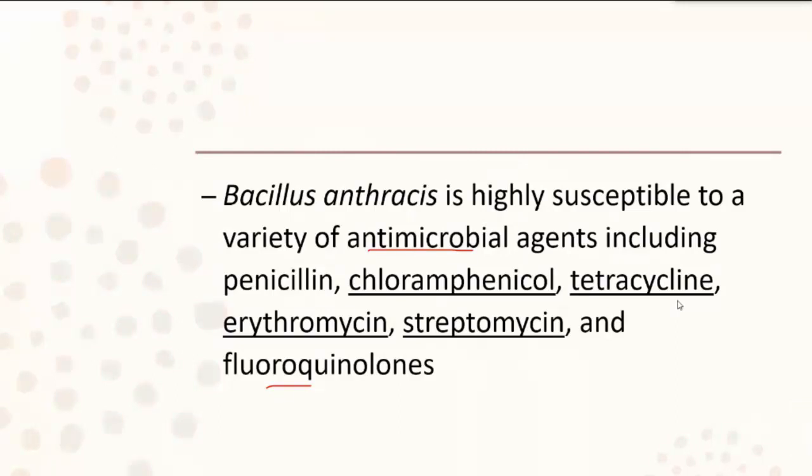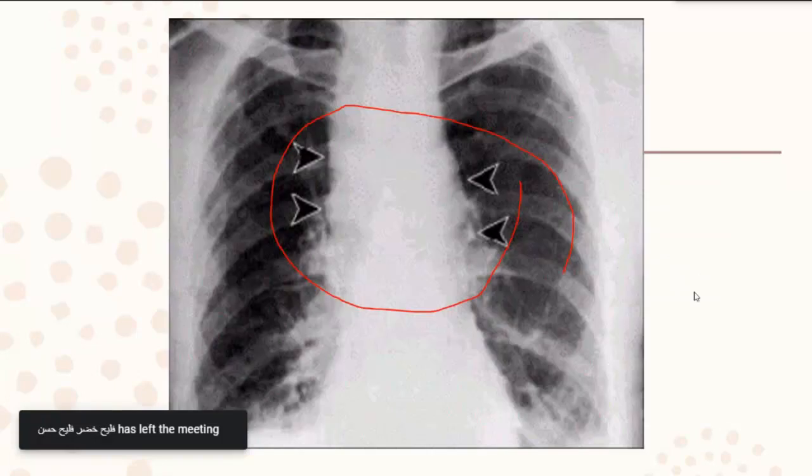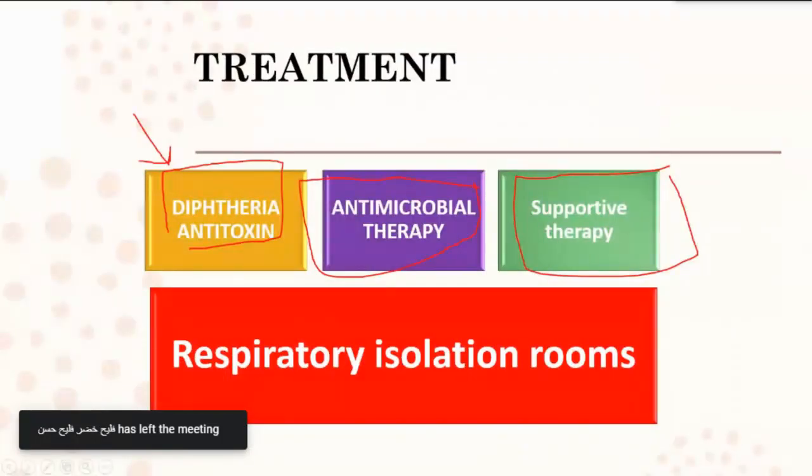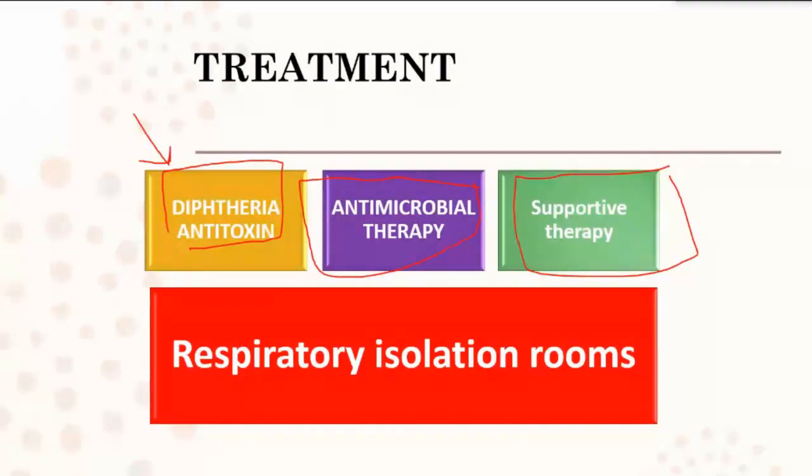Any questions, students? Doctor, what is the treatment of diphtheria? The antibiotic for diphtheria, let's see. Doctor, it is gram-positive, so it has a cell wall, penicillin. Very good, you drew an excellent conclusion. It is a gram-positive bacteria. In pharmacology, gram-positive bacteria have a cell wall, so if you break this cell wall, the bacteria is likely to die. So one of the drugs that acts on it is penicillin.